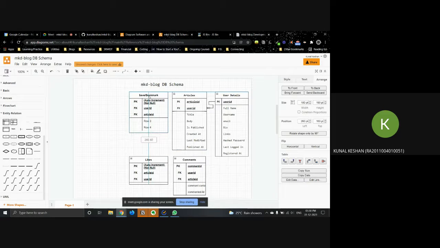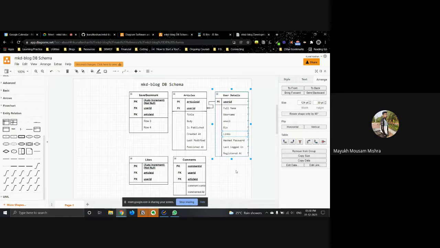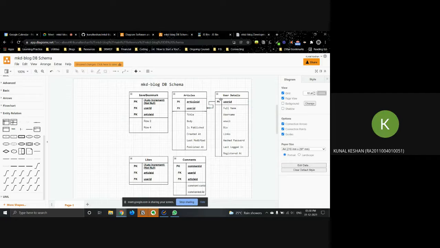One more thing you can add in user details. There is a string of links, there has to be a string of article IDs because we have to show the number of articles posted by the user. Yes, exactly. For that we learned join queries, right? So we don't have to put the article links over here. So we'll join the articles table with the user table for that detail, right? Yes, exactly. Fine.